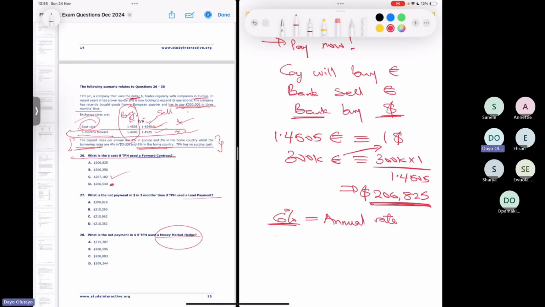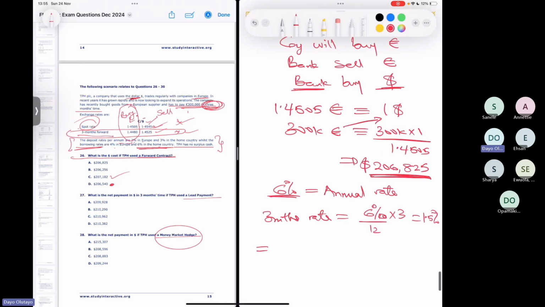However, this transaction is for 3 months. So which means 3 months rate will be equals to 6% divided by 12 times 3, and that's 1.5%. So which means our interest expense will be equals to 1.5% of the amount we borrowed. And that will be equals to